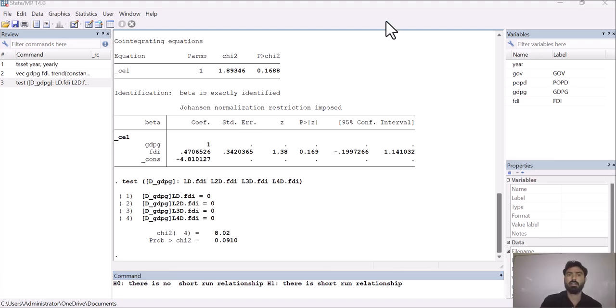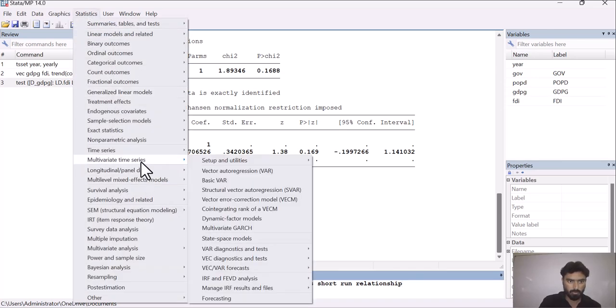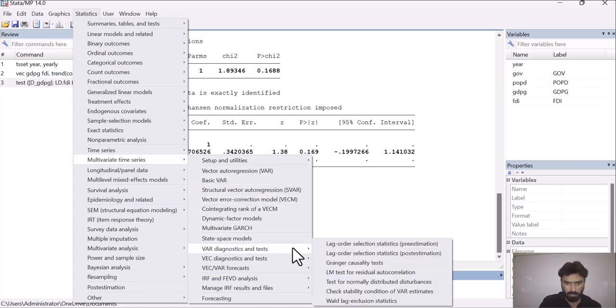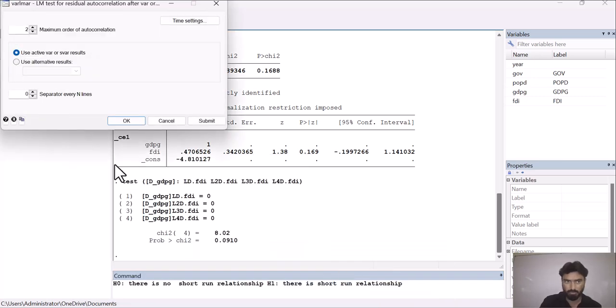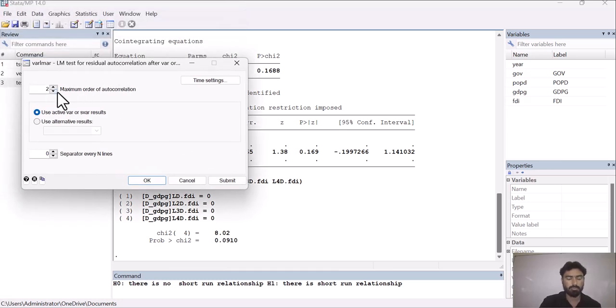We can also check whether there is an issue of autocorrelation or not. So let's do it. For this you have to go to statistics, then go to multivariate time series, then go to VAR diagnostics and tests, then go to LM test for residual autocorrelation, and here it is asking how many lags you are going to include in your model for checking autocorrelation.